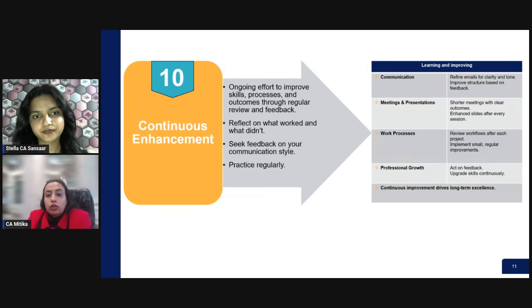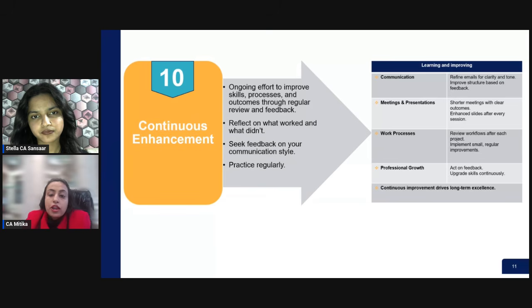So what is the learning and improving part on communication? Refine your emails for clarity and tone, improve structure based on the feedback. For detailed understanding on this, again refer to our session on emails and WhatsApp communications. Next, during meetings and presentations, we should always have shorter meetings with clear outcomes so that we have enhanced slides for every session. Now, during the work processes, always remember to review workflows after each project